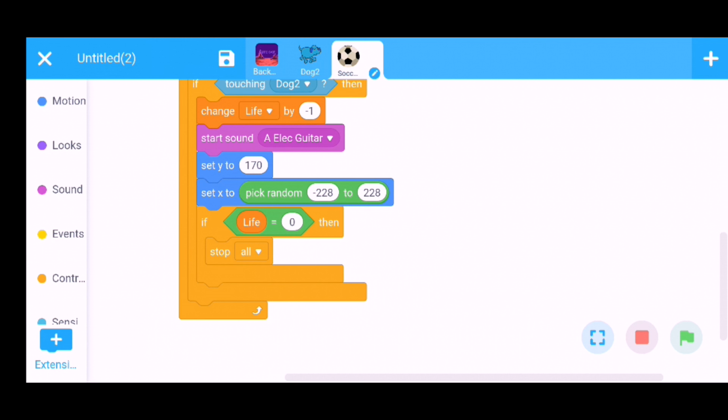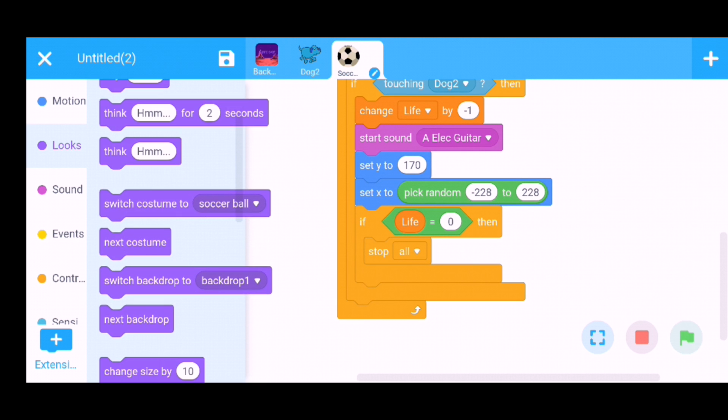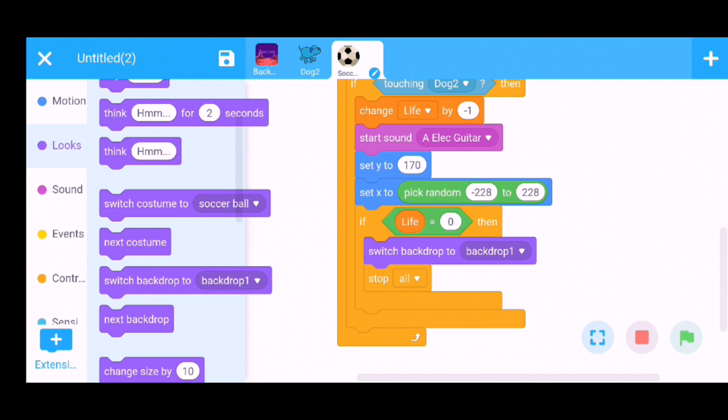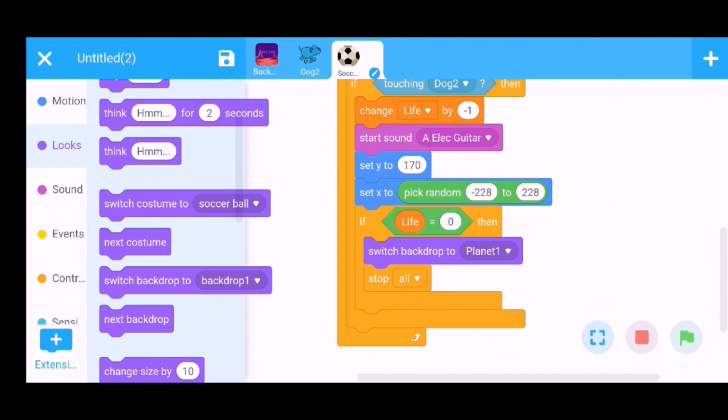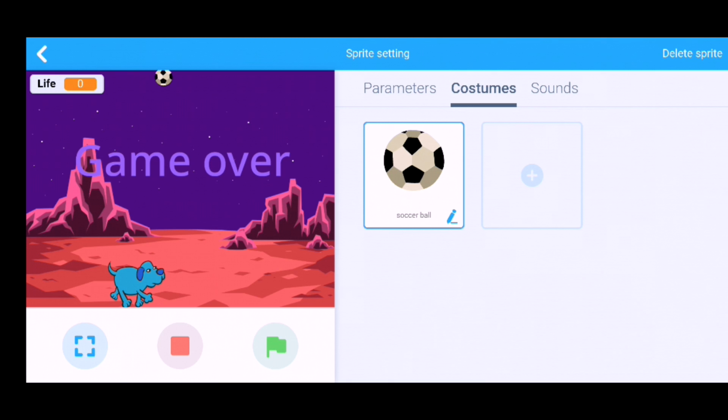Switch the backdrop. Go to the look section, use the command switch backdrop to this one.